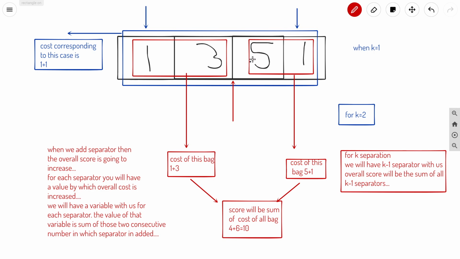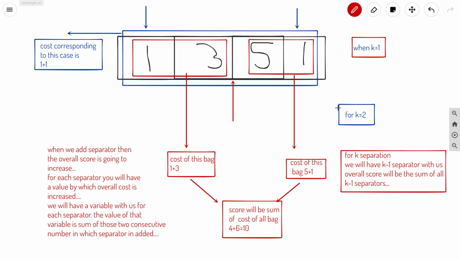So let us have a closer view of this question. You can see that this is our initial array 1 3 5 1. Okay, if we have chosen this blue subarray, and the value of the number of bags is k, so basically we are putting all marbles in the same bag. We are just taking all elements of this array, and the subarray will be from the 0th index to the 3rd index, and corresponding to this subarray our cost is the sum of the 0th index and the 3rd index. So the sum will be 1 plus 1, that is 2. So you can say that the cost corresponding to this case is nothing but 2.